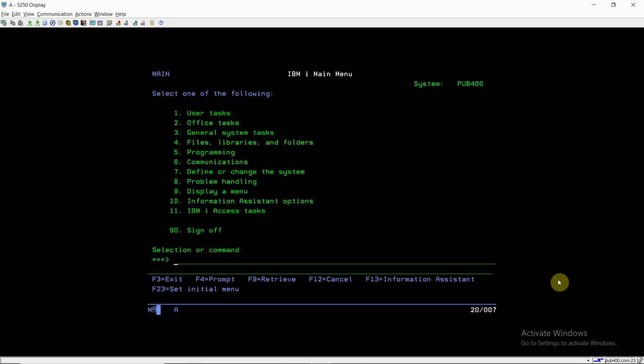Now there are multiple types of join. First is inner join, and the second one is outer join. Now what is inner join? If we apply inner join on two tables, then we will be getting the records which are matched in both the tables based on the join condition. The records which are not matched in either table 1 or table 2 will not be retrieved using inner join. So using inner join we will be getting the matched records.